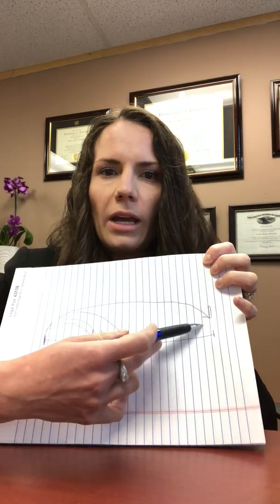So if you can't settle your case, then we're going to get all the way out here to a permanent orders hearing. What permanent orders is your opportunity to present your entire case. So we get all of your financial disclosures, we get everything put together, and the judge will then hear your case at permanent orders. The attorneys will present evidence, which means they'll call witnesses to the stand. You get to say all the bad things you want to say about your spouse, and they get to say all the bad things about you. You talk about your financials, you talk about your children, you talk about everything at permanent orders.